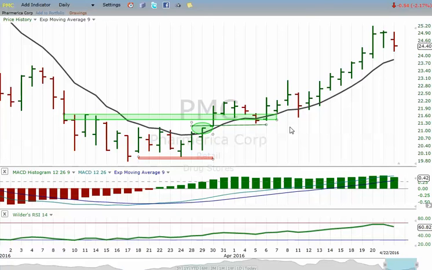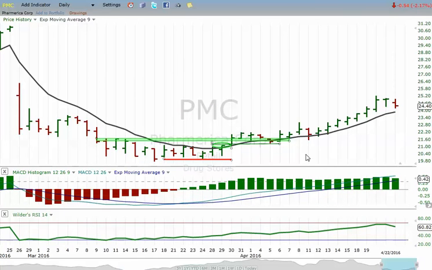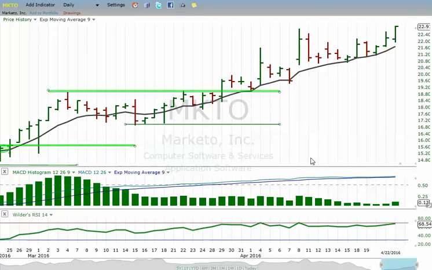And quite frankly, every night when I run my scans for stocks moving above the 9 EMA, having been below it for a period of time, I get a lot of stocks that show up, and basically I use my judgment as to which ones really look interesting, look like they're set up. Not every single stock that has been trading below the 9 EMA, closing below it I should say, but you kind of get a feel for these patterns when you've been doing this as long as I have, and I get a good sort of